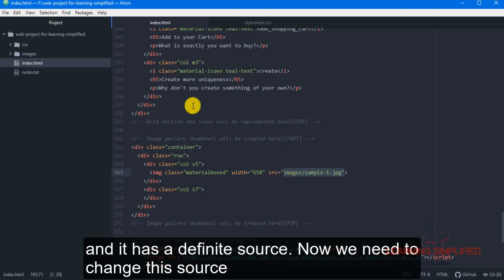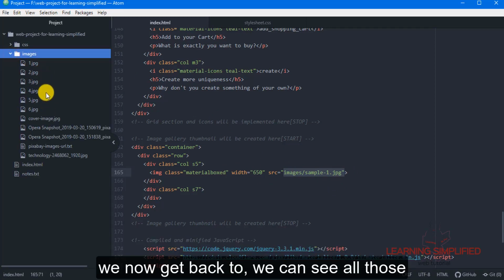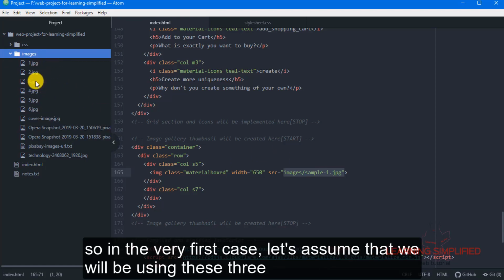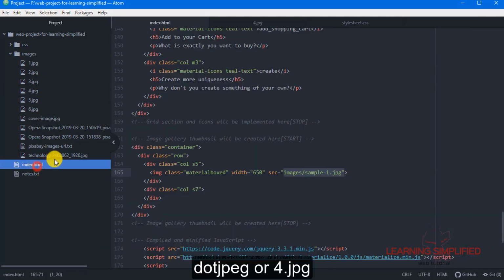Now we need to change this source. This is the images folder that we have created. If we get back to it, we can see that all these are the images that we'll be using in our project. So in the very first case, let's assume that we will be using this 3.jpg or 4.jpg.